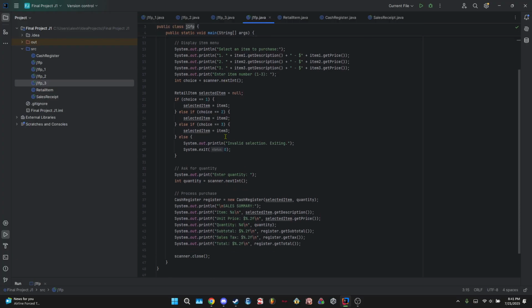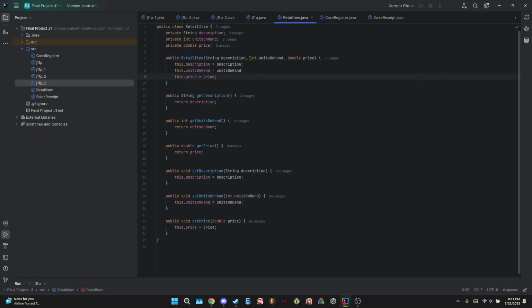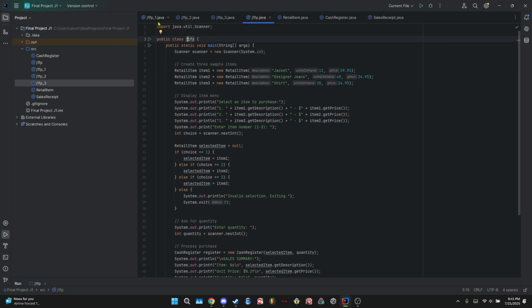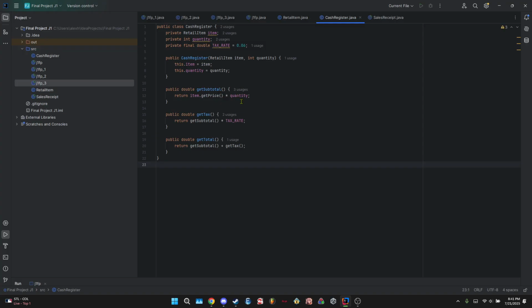This is what we're going to do. We have three classes: the retail item, which describes the retail item that we're going to be describing, and the class that creates the three retail items and also gets the descriptions and the price from this. The cash register takes note of the quantity, the subtotal, the item itself, the quantity, and the price of it, which refers to